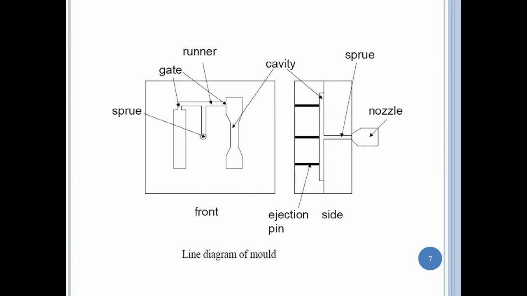Obviously, if the gate opening is large, then it is difficult to separate the plastic article from the runner and other parts. For that purpose, the gate is kept at minimum thickness so it can be cut from the plastic article. This is the line diagram.